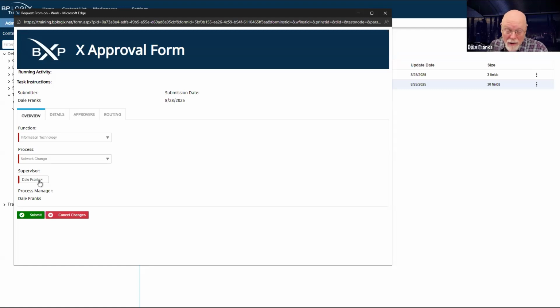But technically, since I have to draw this data out via system variable anyway, I have to return whoever the current user is, and then I have to use the show manager equals 1 modifier, and then format equals UID, and it would return the UID of the supervisor. I don't technically need a form field for that. I could assign via that same system variable in the process timeline itself.